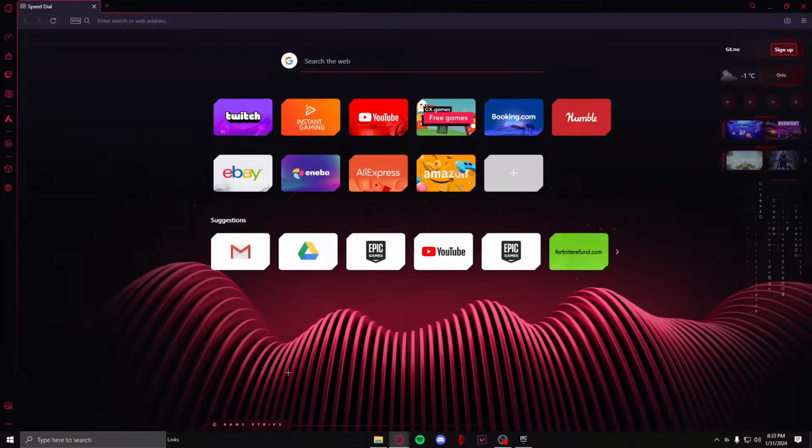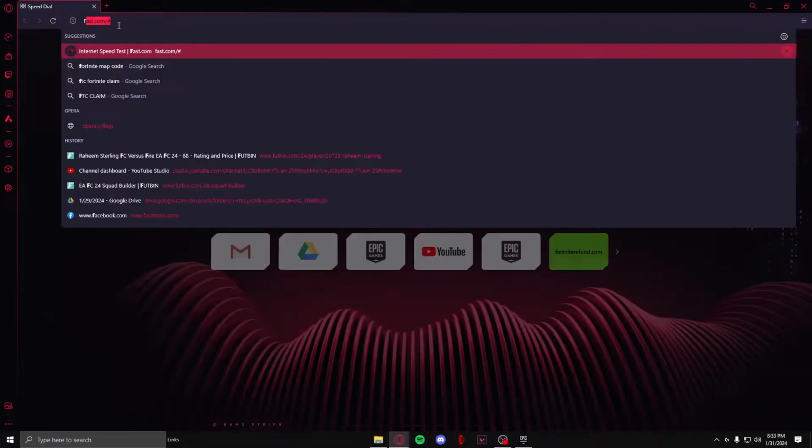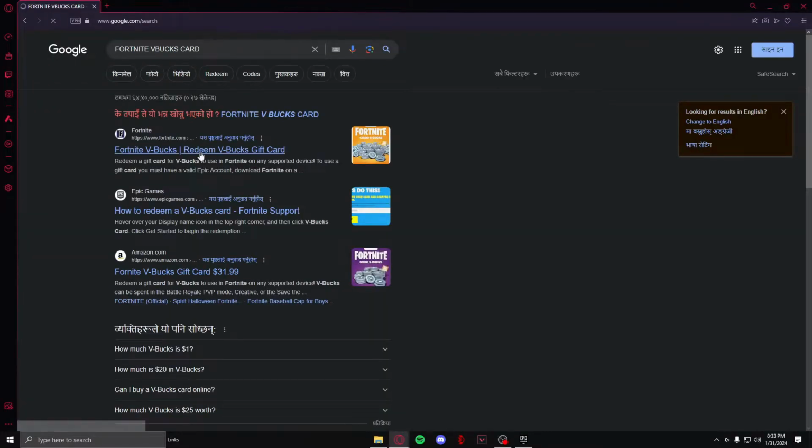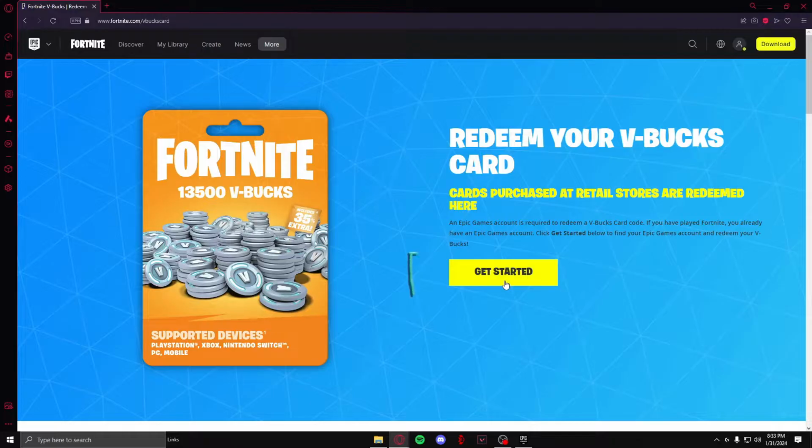And in today's video I'm going to show you guys how you can redeem a vBucks code. So to do this, you need to simply go over to your browser and search up Fortnite vBucks card, and after that you need to click on the first link that appears and you need to click on get started